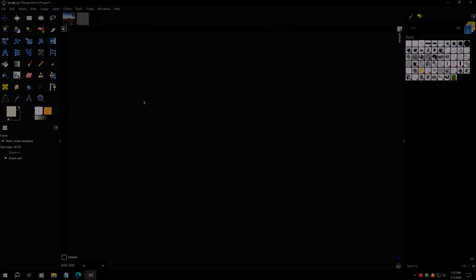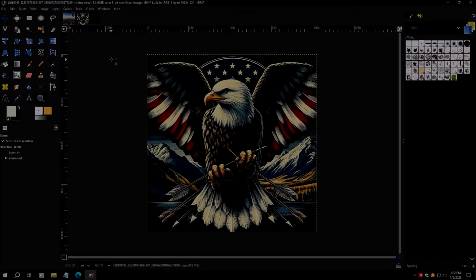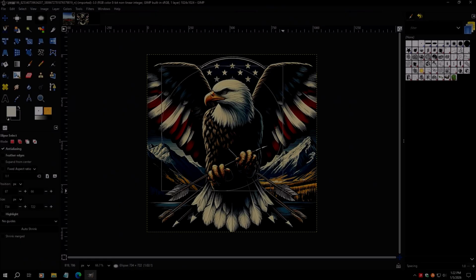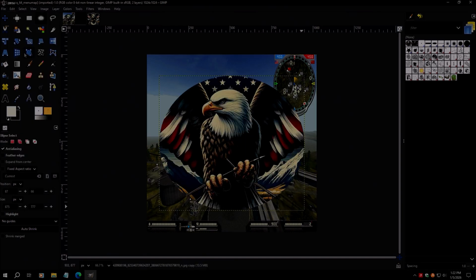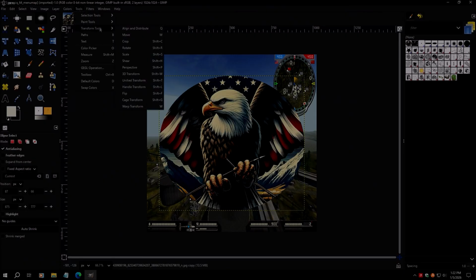We'll convert that so it'll match. And then we can go Tools, select Tools, and we'll do an Eclipse just for the fun of it. And we'll open this up, say we only want this much of that folder. We can click Edit, Copy, and then we'll jump back to this one. We'll go Edit, Paste, and then since we're huge, we'll go to Tools again, we'll go to Transform, we can